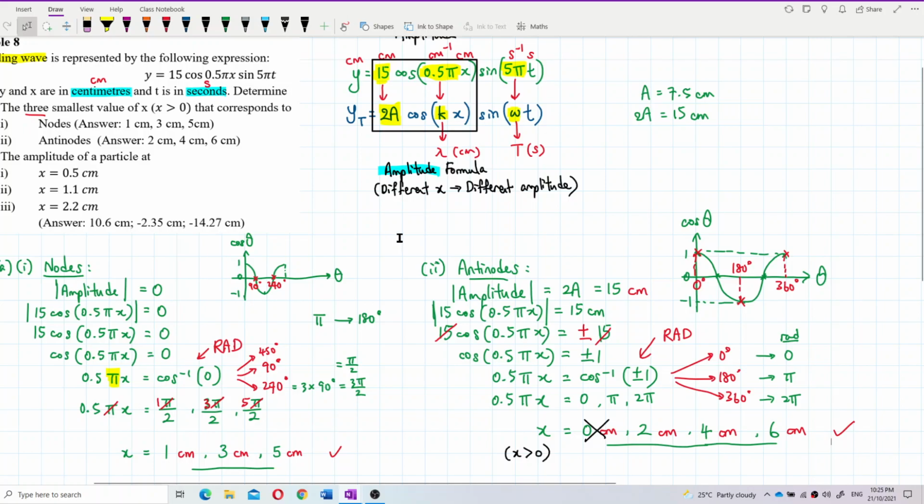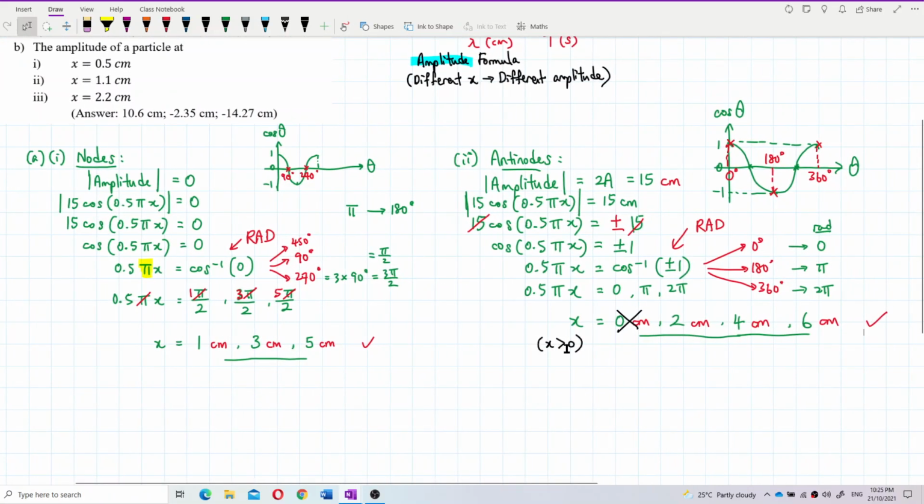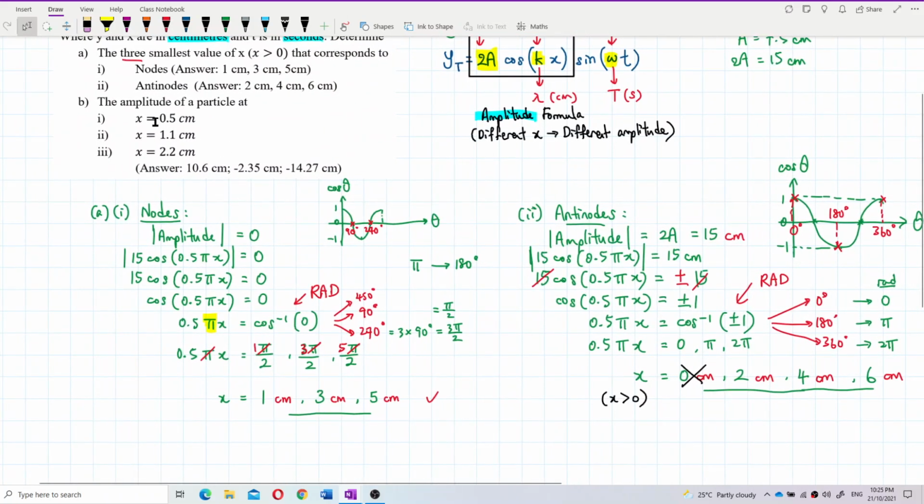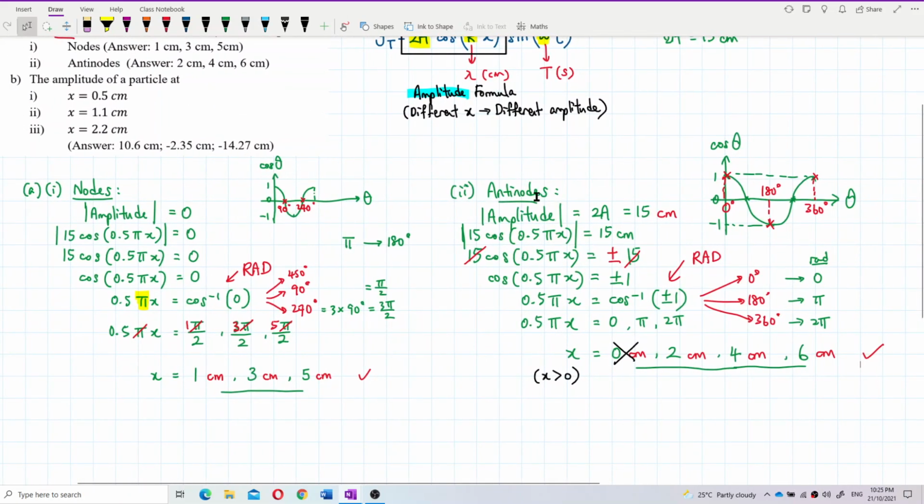Okay, next. Look at the next questions. And remember the x must be more than 0. So this one cannot. Now, what's the amplitude? Okay, so now you can know 90 and 270 give you a 0 value, but at 0 degree, 180 and 360 you get 1 or negative 1. That is the cosine